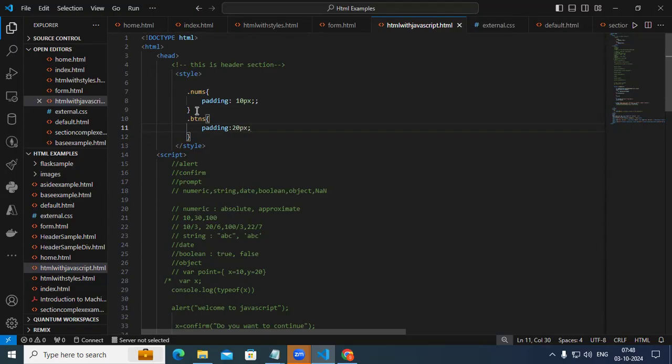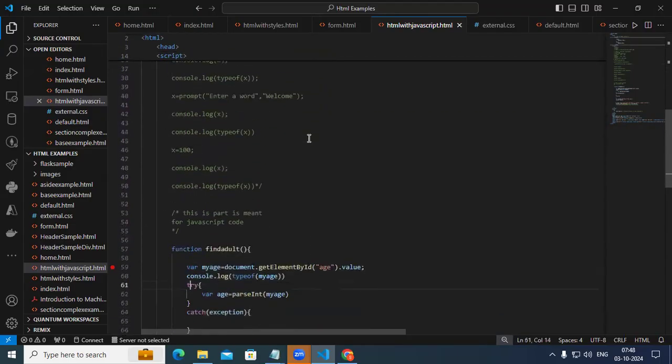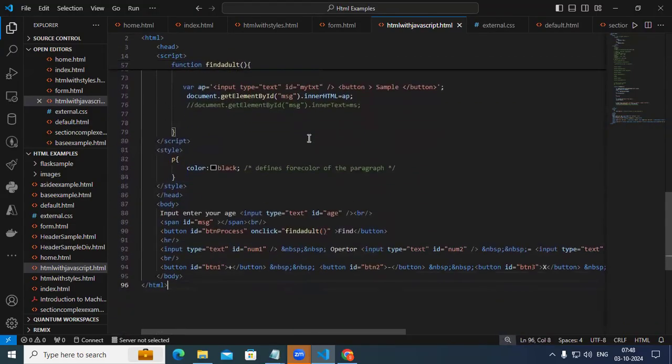So that means around content, some space is kept around, left side, on top, right side, in the bottom. Like I'm keeping here padding. This is nothing but CSS again. Now come to this and try to put the nums in this. So where do you apply the style? Here we need to apply the style with this. So here go with the class followed by nums. In the same manner,